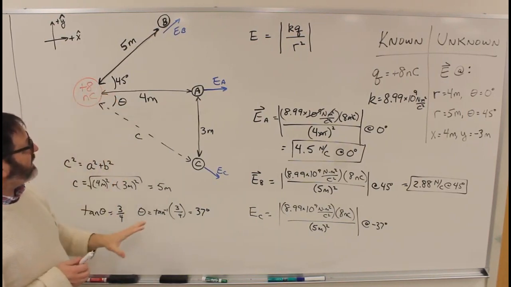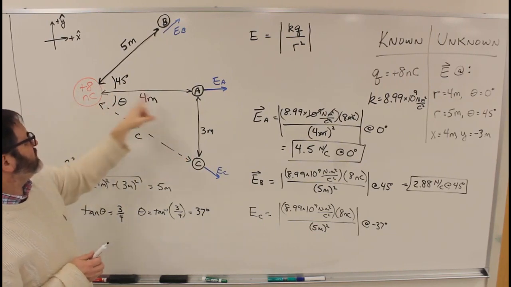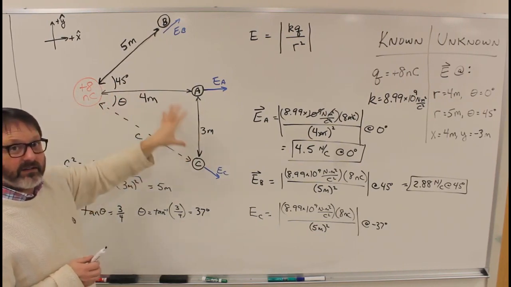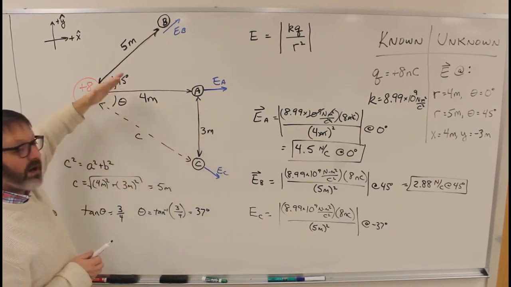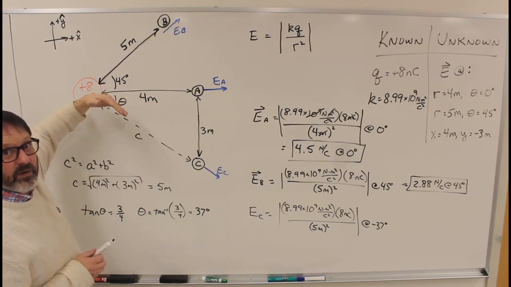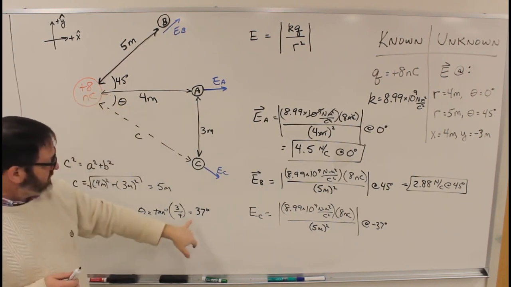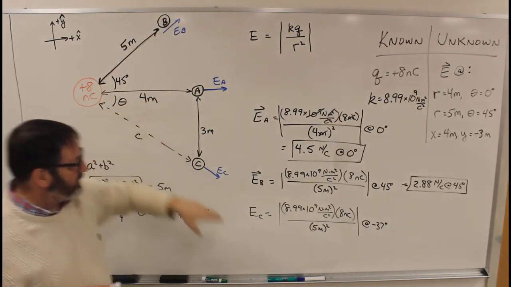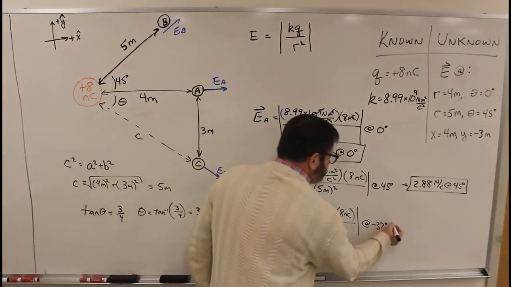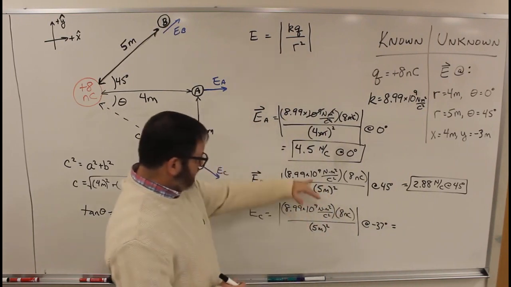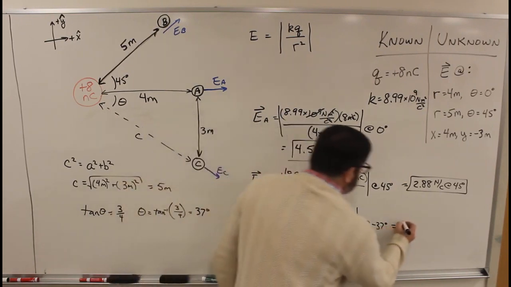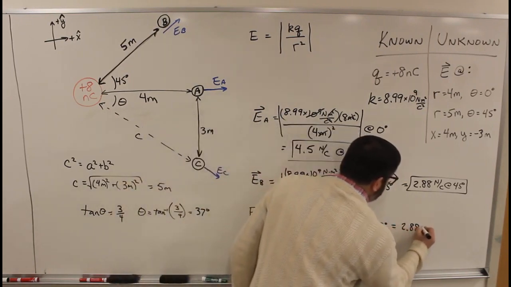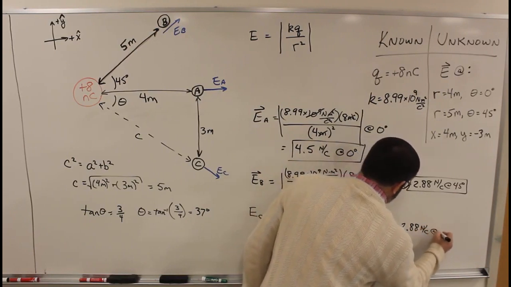So the way I like to do it is always just use the triangle itself without negatives and positives, then figure out which direction it's going from where. And so I take this 37 degrees, figure out that it's negative from 0. So that's this. So this is actually the same thing. So 2.88 newtons per coulomb at